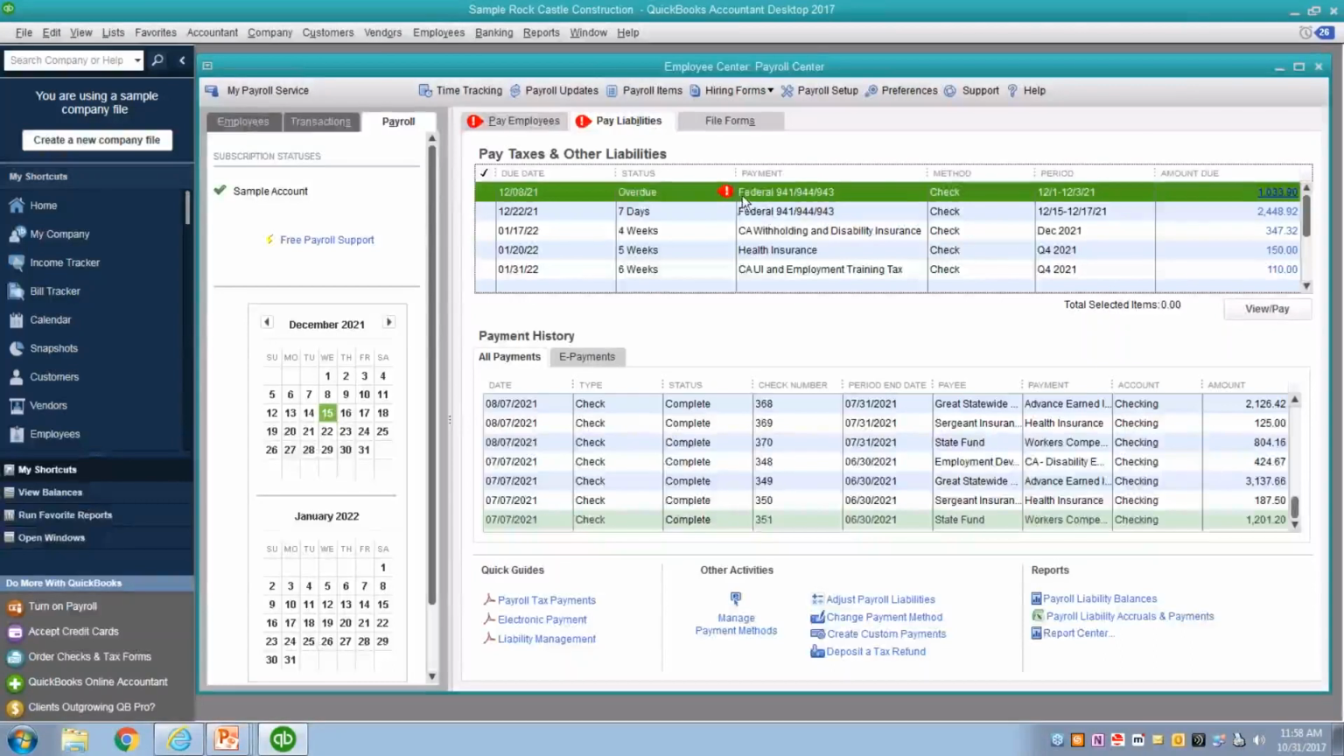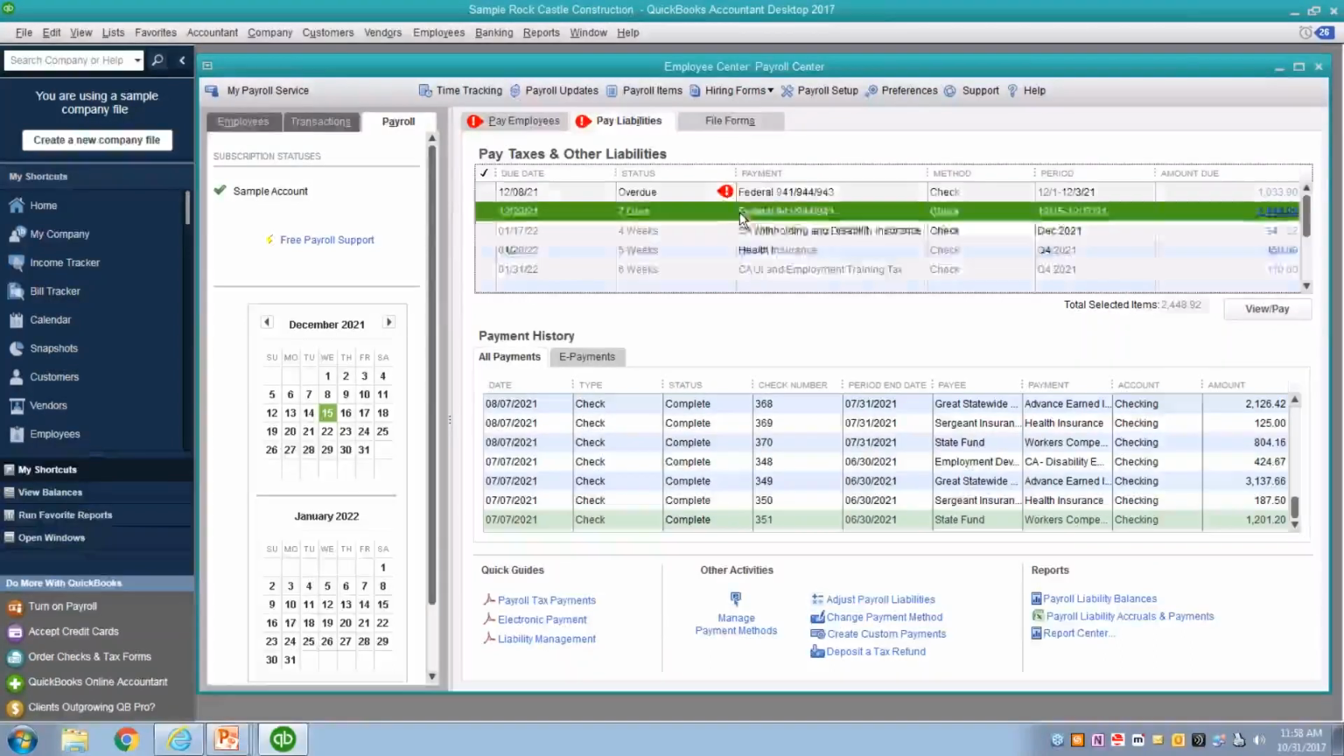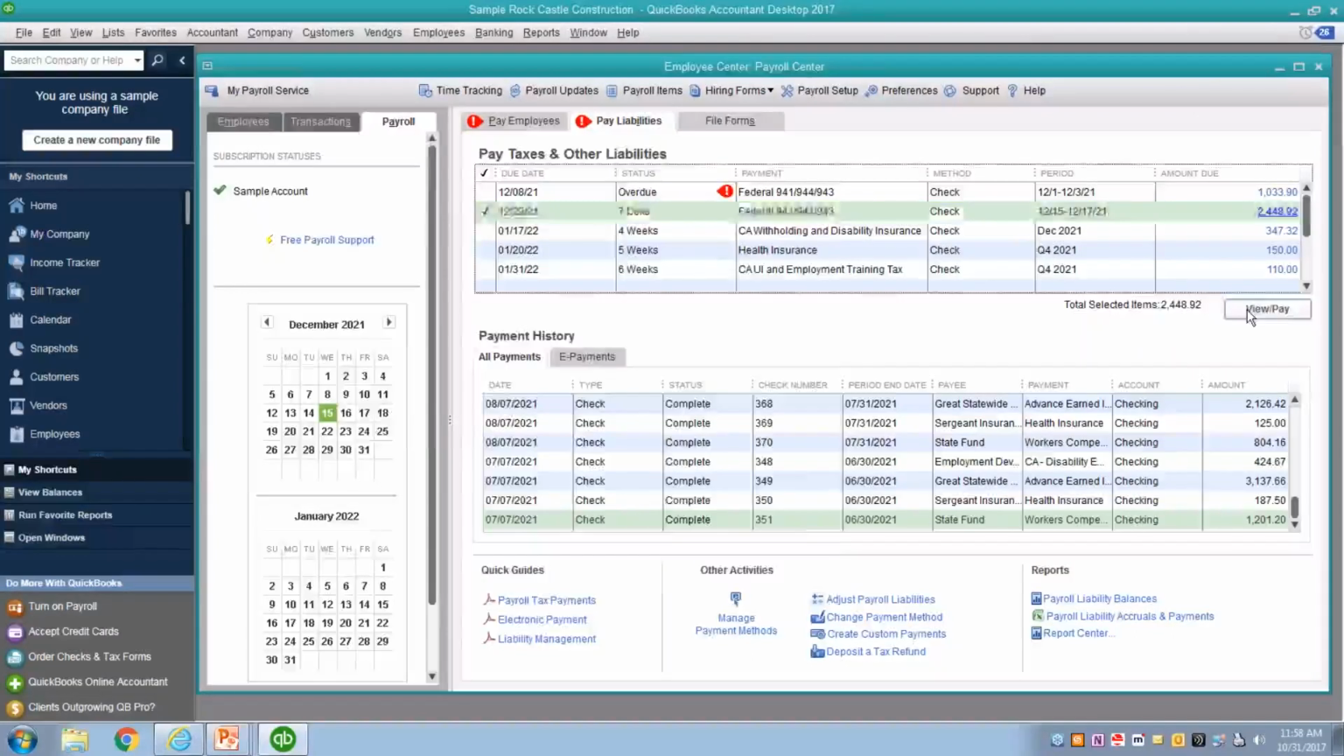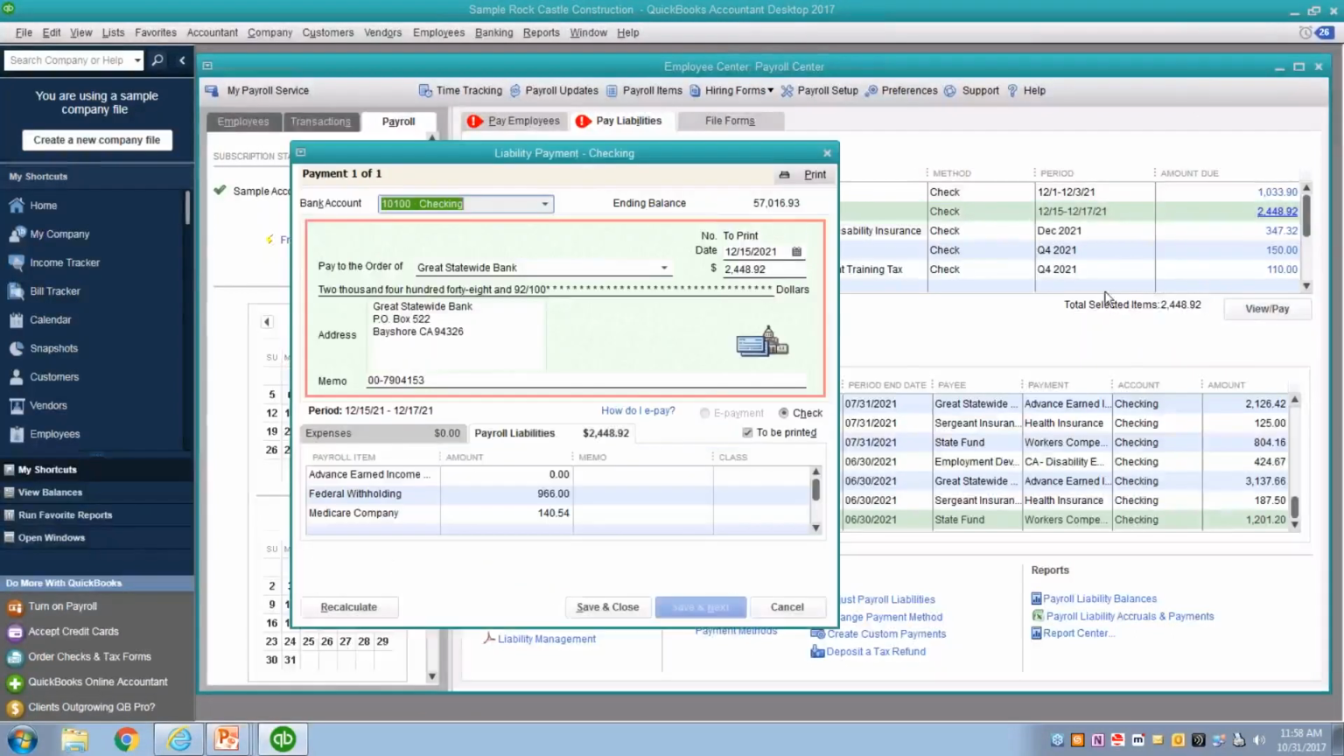It will show you with a red mark if anything's overdue. So here's where I can make my 941 payment. If I'm making this via the EFTPS website, I go to View and Pay. And then I can just say I paid it on the EFT website and maybe put in the confirmation number. If I'm paying this via ePay in QuickBooks, this ePay would be lit up, it'll be checked, and then when I go to